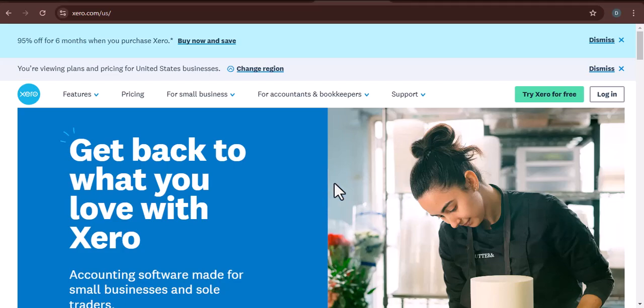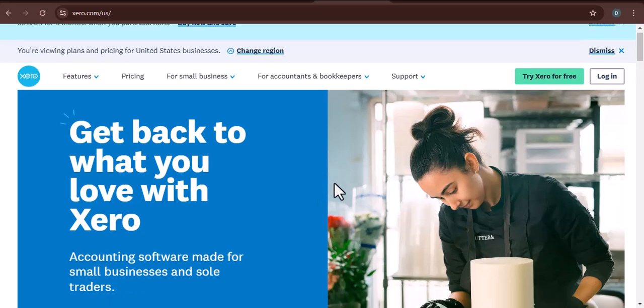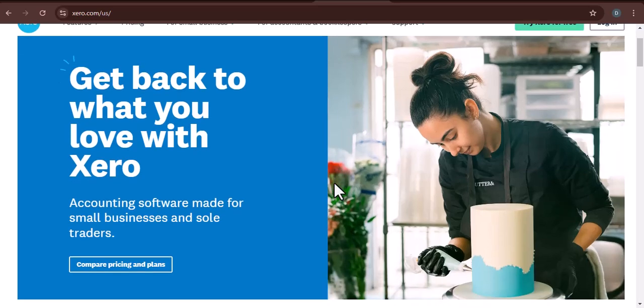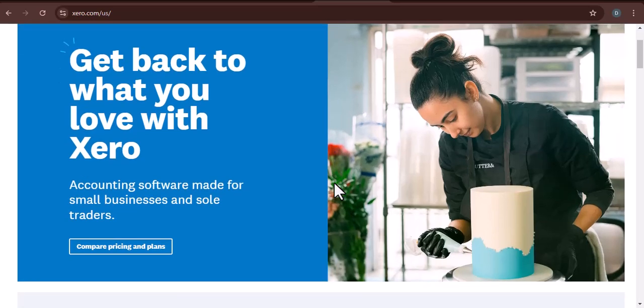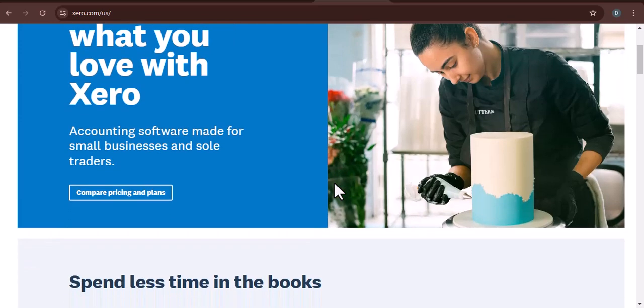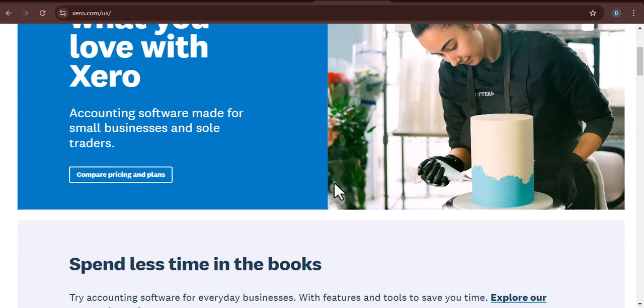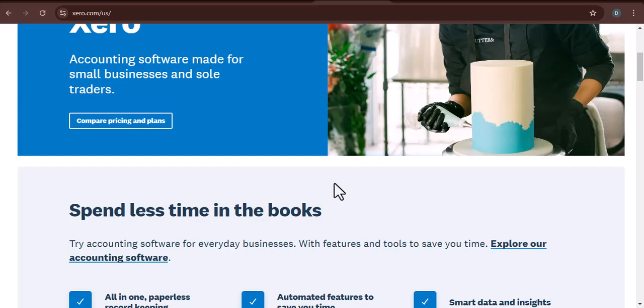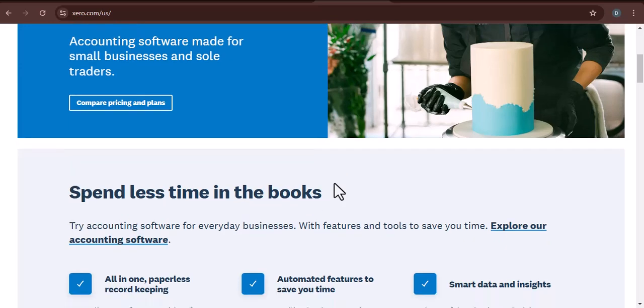Ever stared at a pile of invoices, feeling overwhelmed and unsure of how to get them all entered into Xero? You're not alone. Many small business owners find the process daunting. But fear not, because today we're going to break down how to enter a bill in Xero step by step. We'll cover everything from creating suppliers to tracking expenses, so you can conquer that pile of paperwork and get back